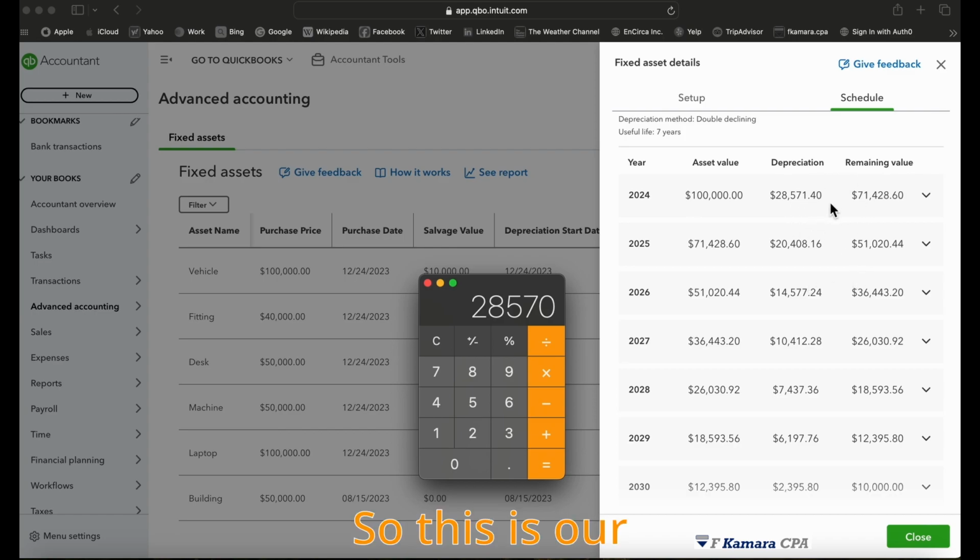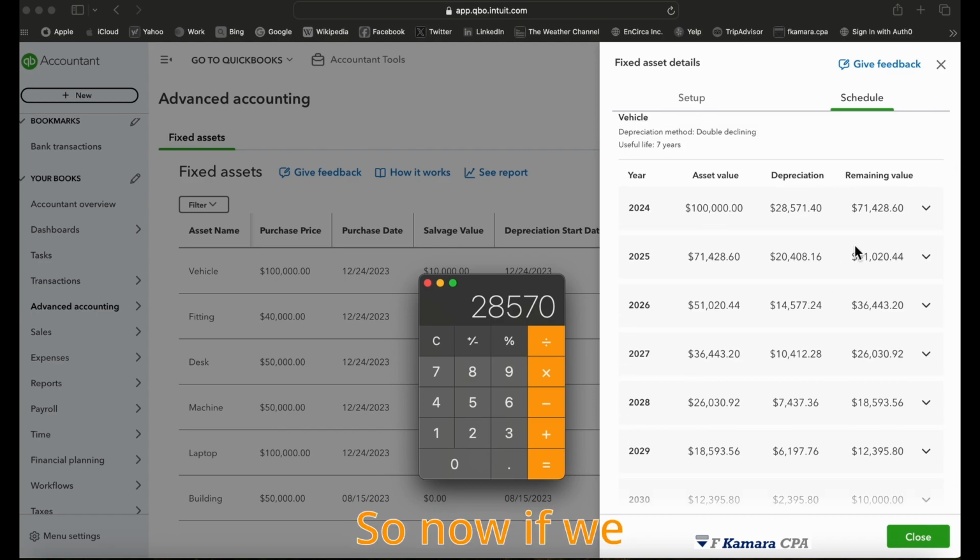So this is our first depreciation. So now if we say 100,000 minus the depreciation gives us the amount. You see, now we have this remaining amount, which is the carrying value. So if we go into the next depreciation now, it will be on the